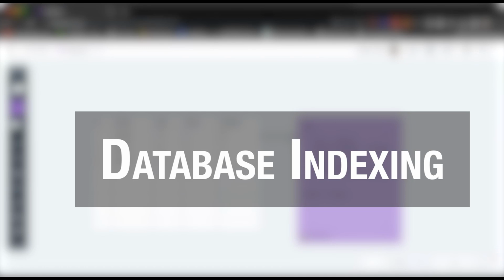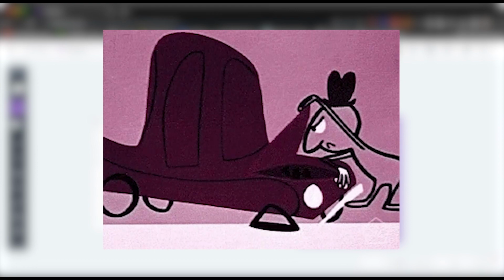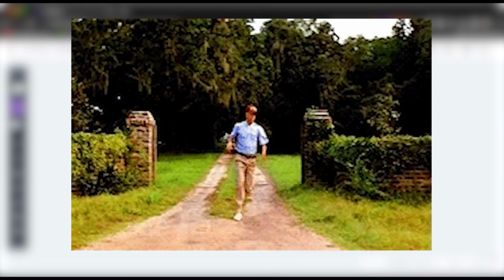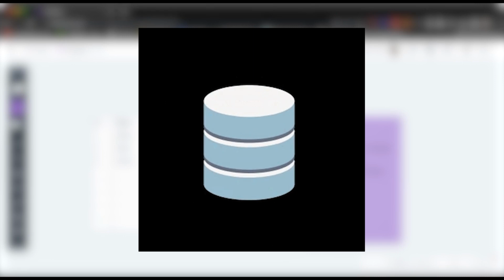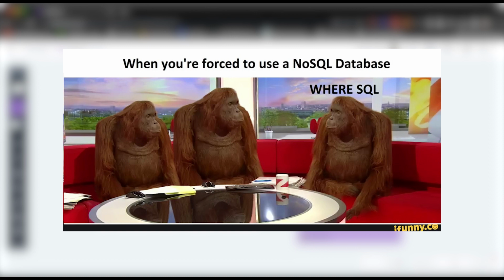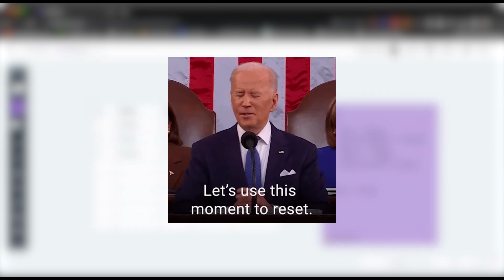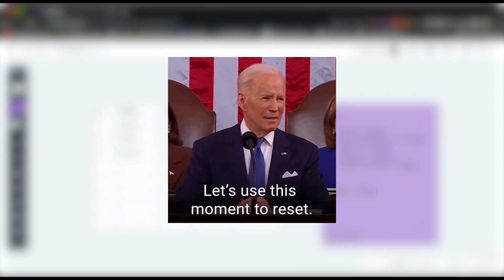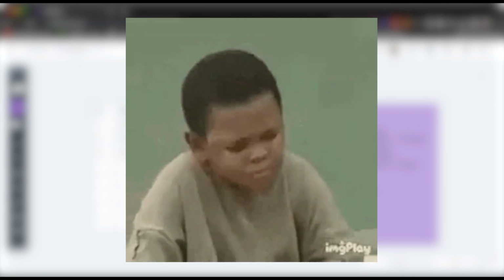Hey everyone, in this video, I'll be talking about indexing. We'll see how indexing works under the hood to optimize your queries and make them run faster. Indexing is a technique which is very widely used in relational databases as well as non-relational databases. We'll be talking about indexing in the context of relational databases, but the same mental models are applicable for non-relational